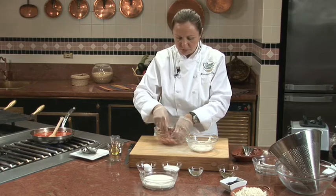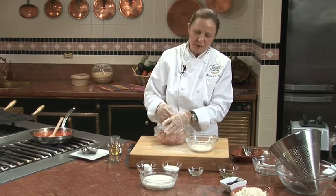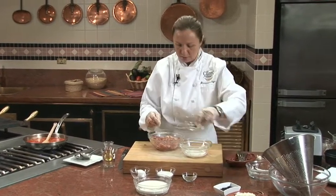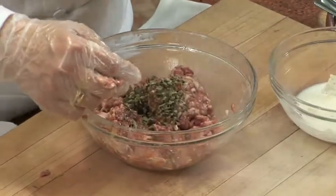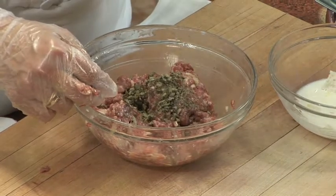And sometimes, I have tasted a lot of albóndigas, and sometimes they are dried inside. Okay, so how can we keep the moisture in them? This is oregano, a little bit of black pepper, some salt,